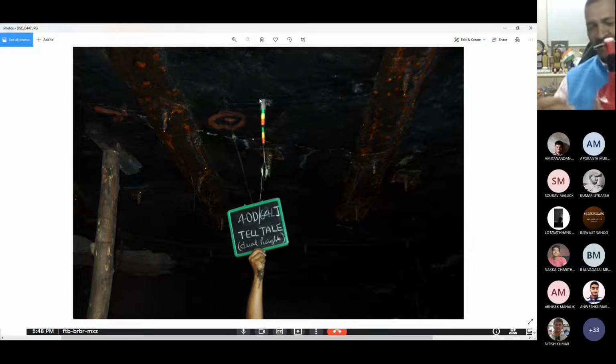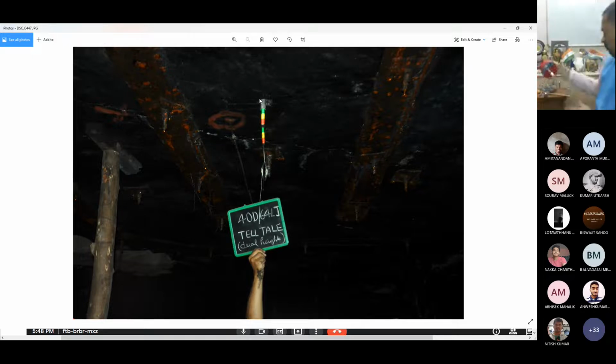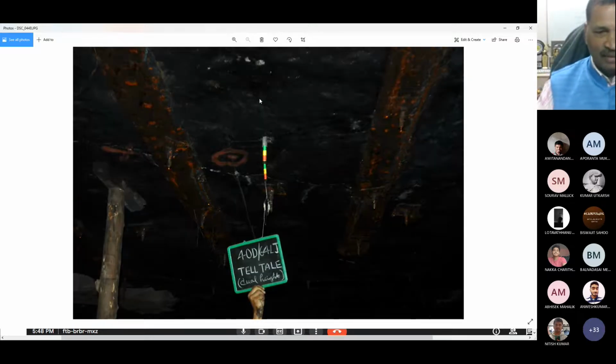And that can be installed anywhere in the development galleries or depillaring workings or longwall workings, whatever it is. And then simply it can be pushed inside like this, inside the hole, right? And then when left, it will touch the sides of the hole. And from there we can measure what is the deformation that is taking place. This is what is called a part of the extensometers. And there are so many types, of course, although I simply discuss them now, in underground mining, how they are useful, all we will discuss. Okay, there's some close view of that, but my importance here for this class is you should